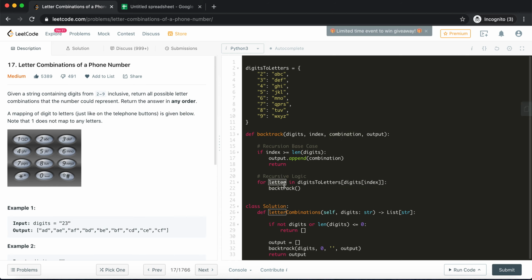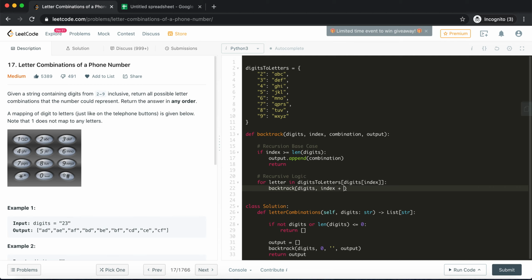The current letter will be A, B, C. So let's say if my digit is 2, then this will be A, B and C in 3 different iterations. I need to make use of this letter in the current combination and pass it along to the next recursive function. The next recursive function will definitely need the digits.